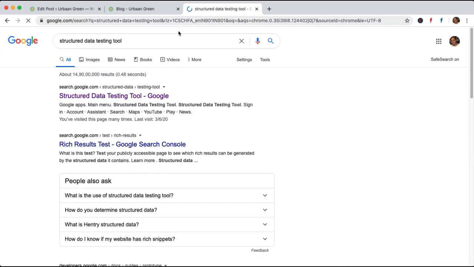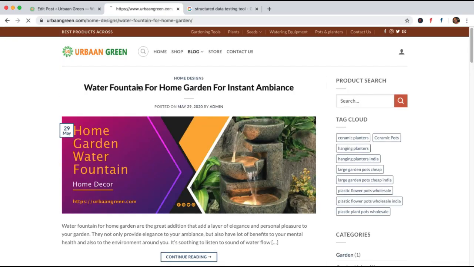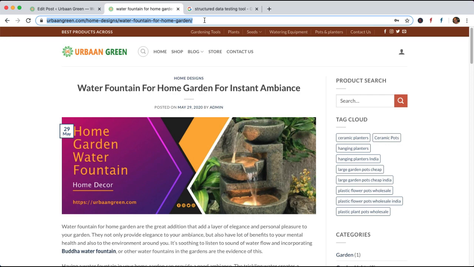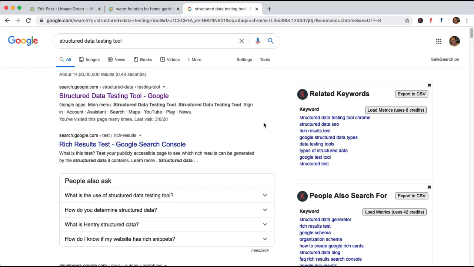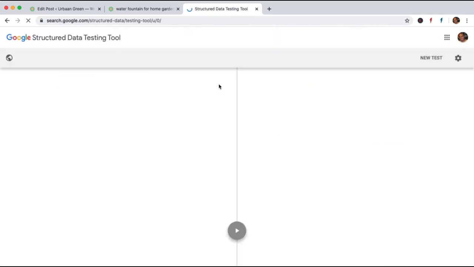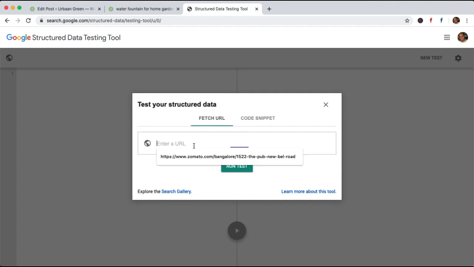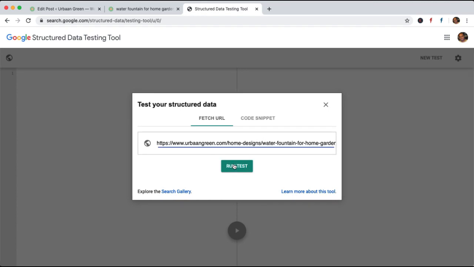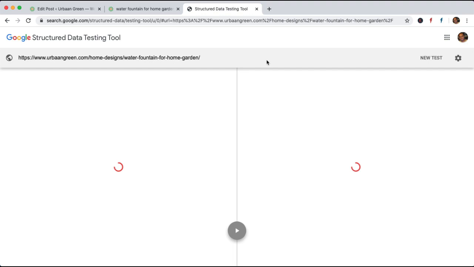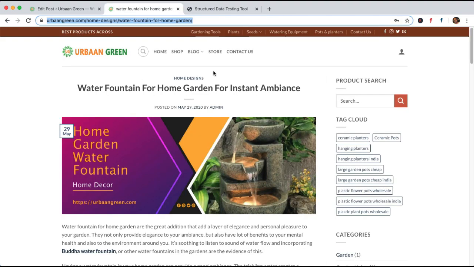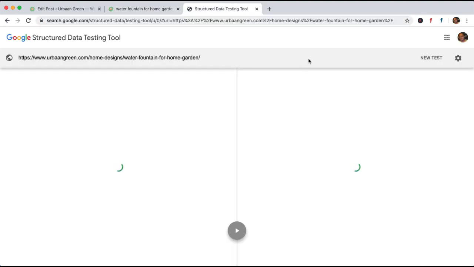Let me go to the structured data testing tool, open this page here, and this is the page. Let me copy this, go to the structured data testing tool, paste this URL here and run the test. Once I do that, I should get all the schemas that were marked up for this particular page. Let us see what we get.